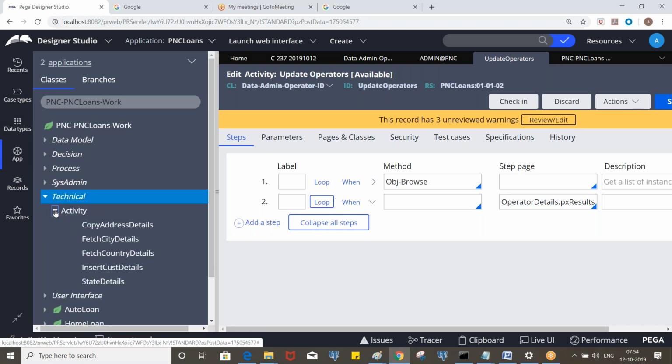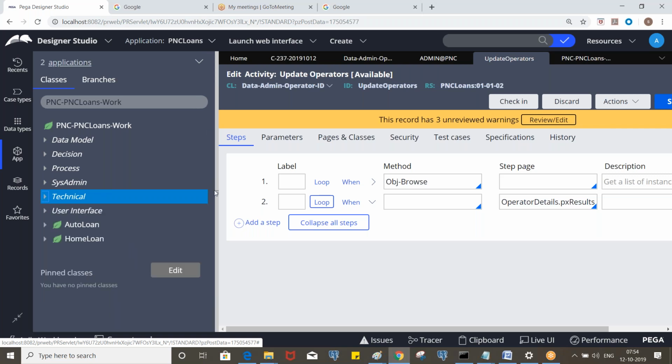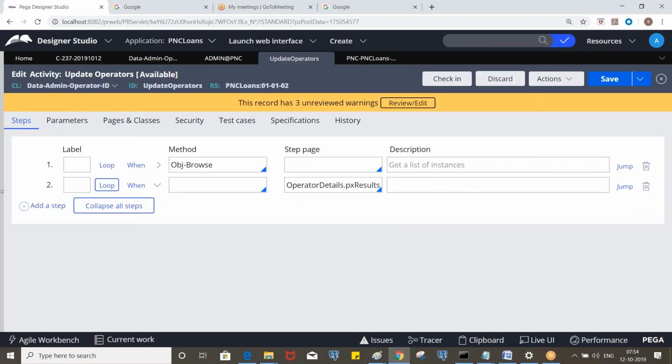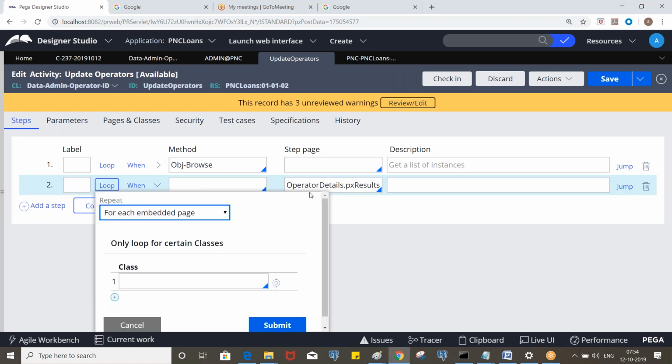I think somewhere. Okay, yeah, so when we use for each embedded page, if you want to loop through the page list or page group mostly. Okay. So this is especially only for list and group.